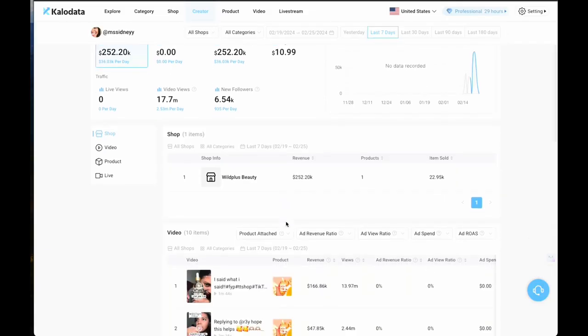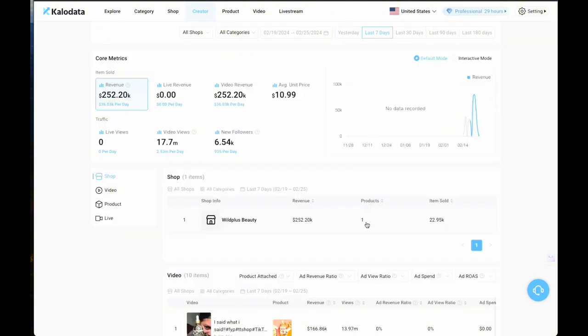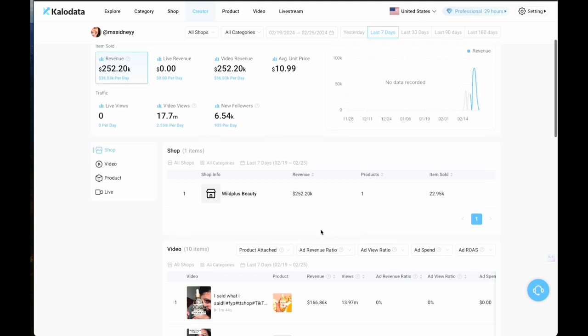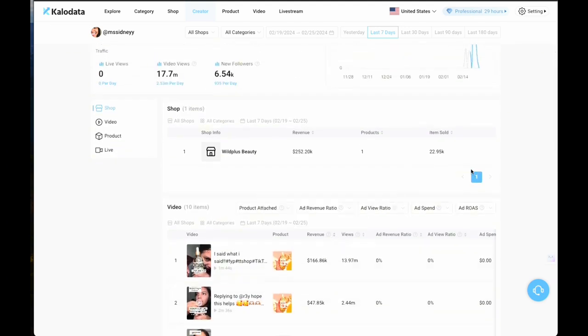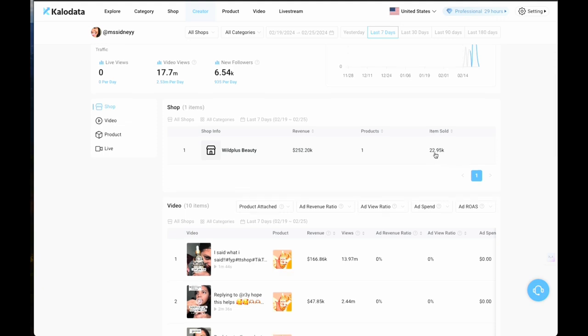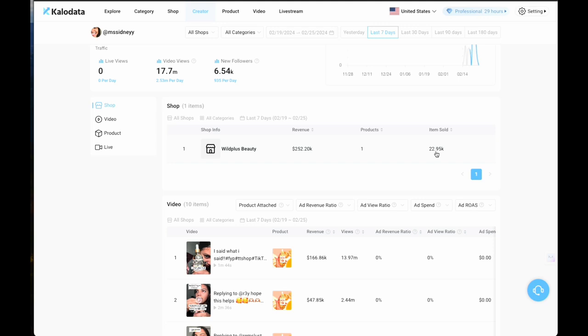And if we go a bit further down, it lets you know what shop that product was from. So the shop is called Wild Plus Beauty. So you can go into that shop. I haven't tried searching this shop from the UK yet, but you can try searching it and see if that specific product is showing up on there. It says 1 when it comes to product. That's because it's the same product that she's promoting over and over again, which we'll get to in just a second. It lets you know here how many units she sold, so how many items she sold,